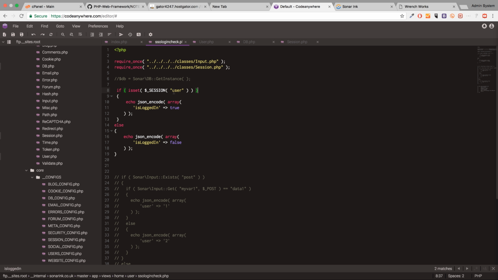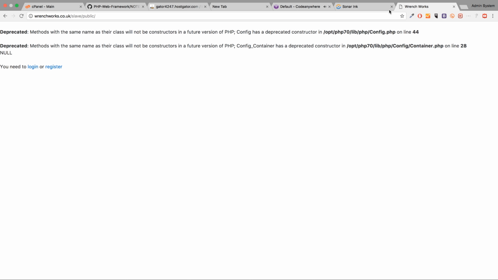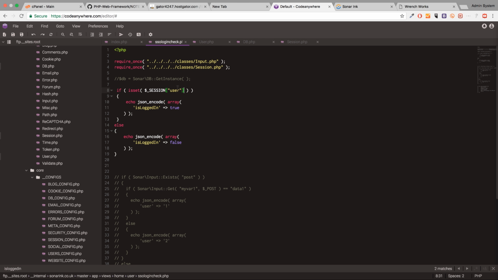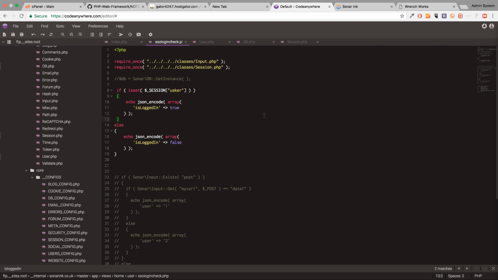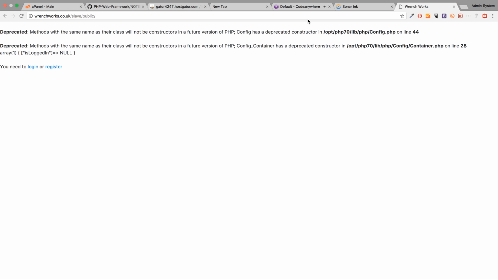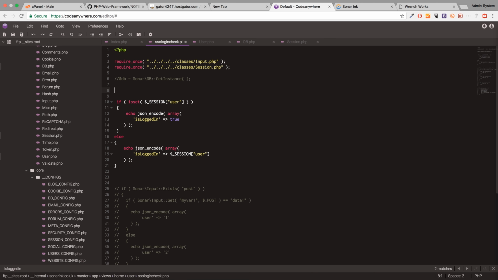I think this should be a square bracket. So yeah, go to put that, should still get return false. So that session doesn't seem to be existing. So if I were to just explicitly put that as the data here, no. If I were to put session user equal 9,